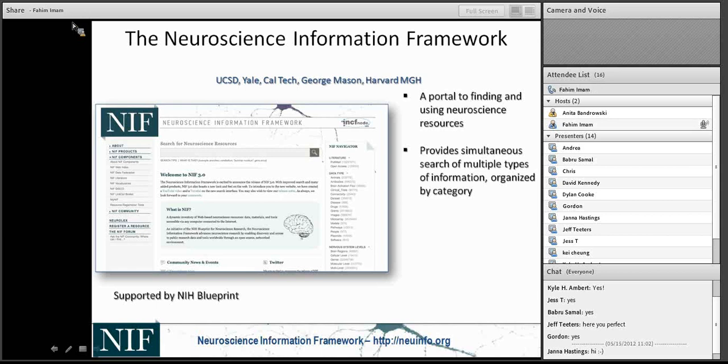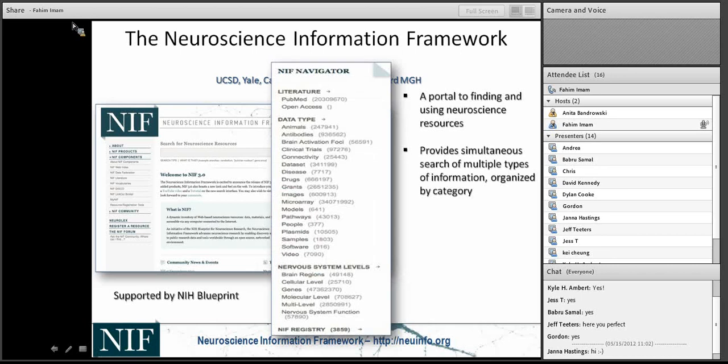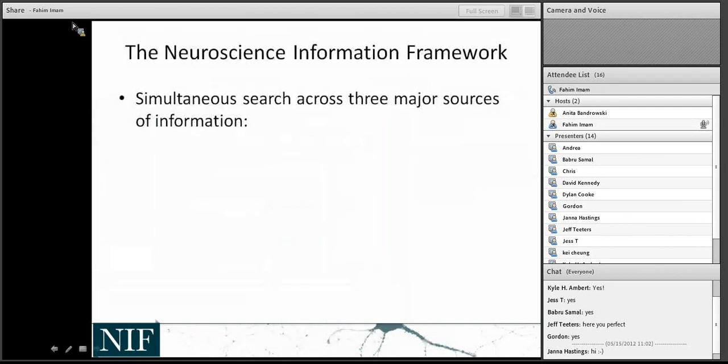The end product is basically a semantic search engine and a knowledge discovery portal that describes neuroscience resources and provides simultaneous access to multiple types of information, organized by various relevant categories. When it comes to searching multiple information sources, we have